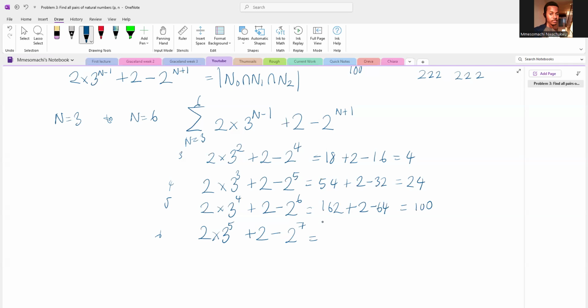For this last one, 3 to the power of 5 is 243, times 2 is 486, plus 2 minus 128. So 486 plus 2 is 488, minus 128 is equal to 360. When you add these, 4 plus 24 is 28, plus 100 is 128, plus